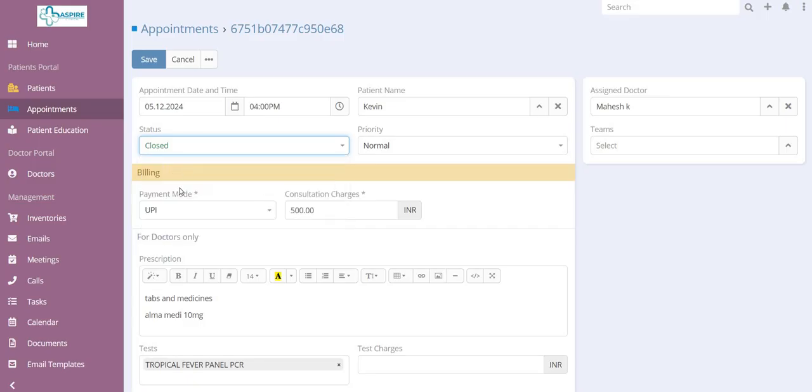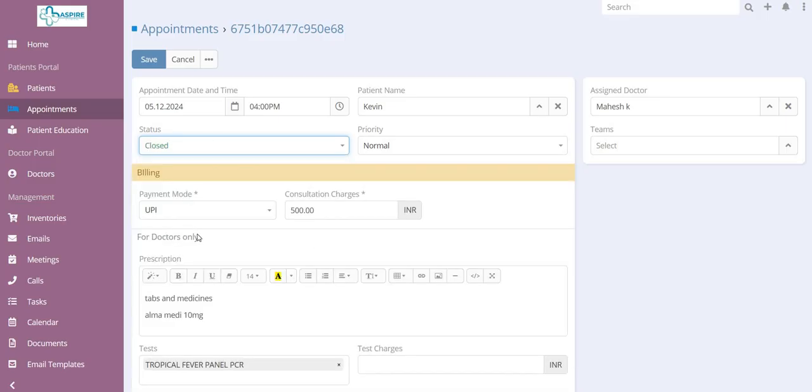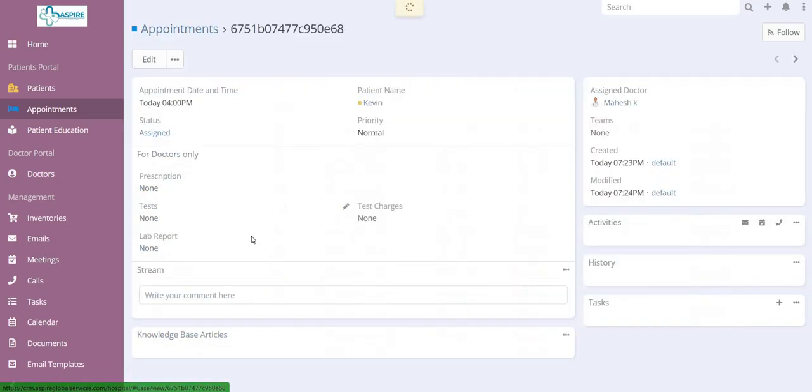So once it goes from assigned to close, they ask for the payment mode, like how they are making the payment. Either it has to be a card or cash or credit or UPI. The amount would be there, and just click on save. And let's say that